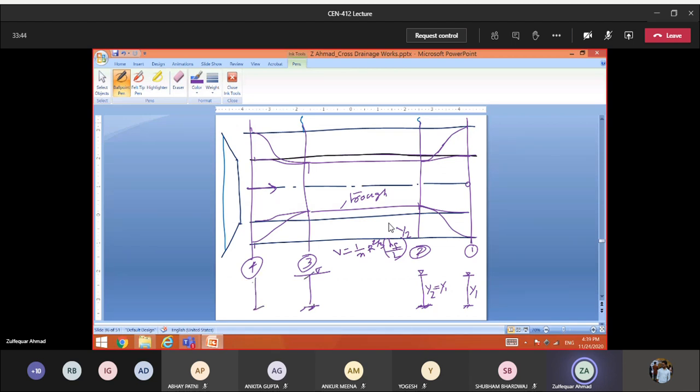Then you have come to the next section, that is section 4. You have to apply the Bernoulli equation at 3 and 4, and then you have to consider what is the transitional loss, right? And you have to fix it. In that way, this is being fixed. What is the bed level, what is the depth of the flow you are getting, right? That will be transferred from the downstream to the upstream, right?